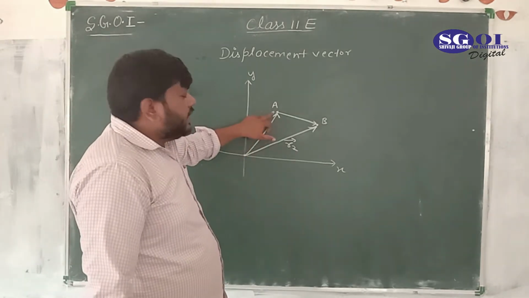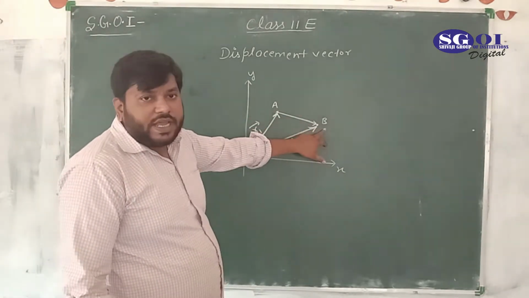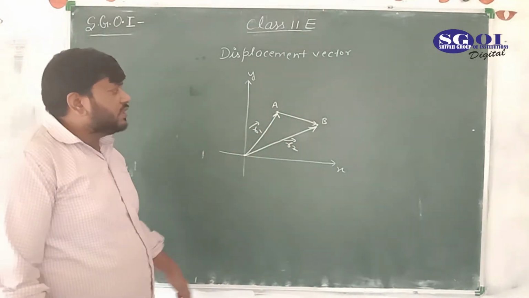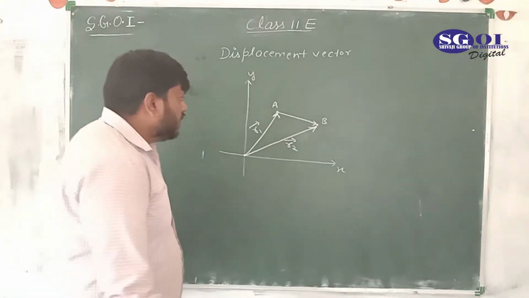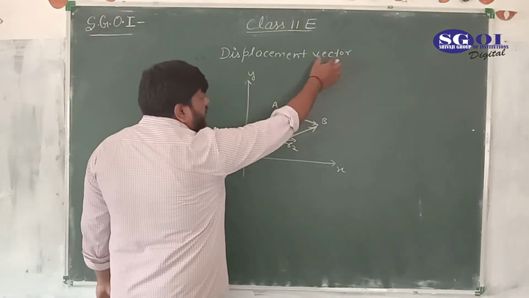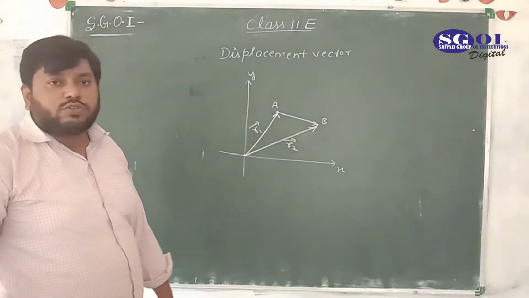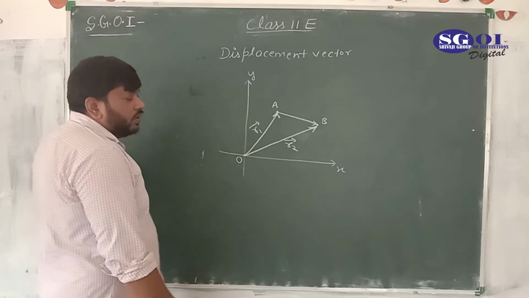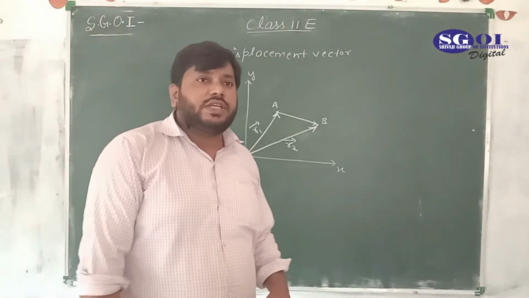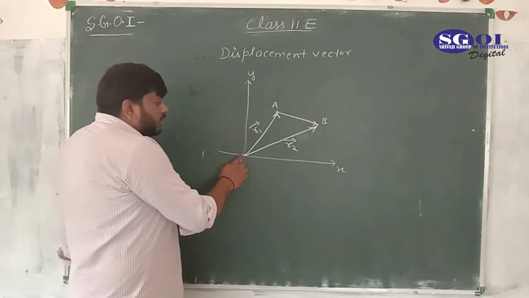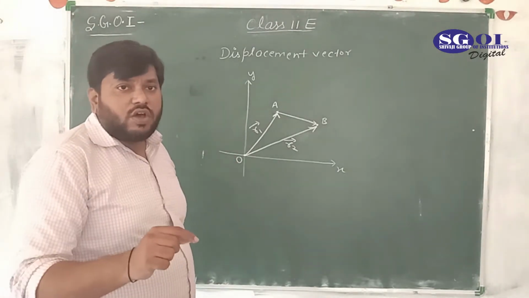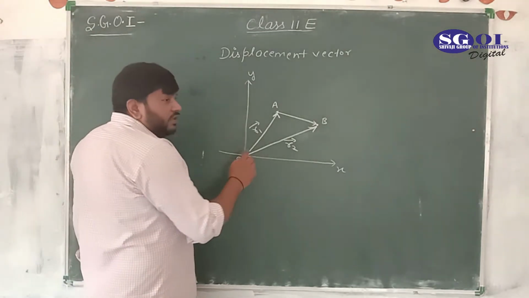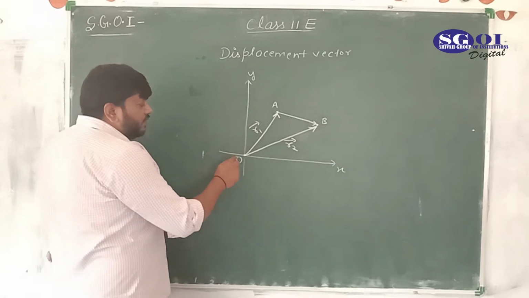So the initial position is at A and the final position is at B. So what is the displacement vector? As we know that displacement is the final position minus initial position, but for displacement vector, because displacement is a vector quantity, we have also direction. So here, suppose this is the initial point O. We would apply the vector addition as I told you, the geometrical method. So we would move in the direction of the arrow. In how many ways can we move? There is only one way.